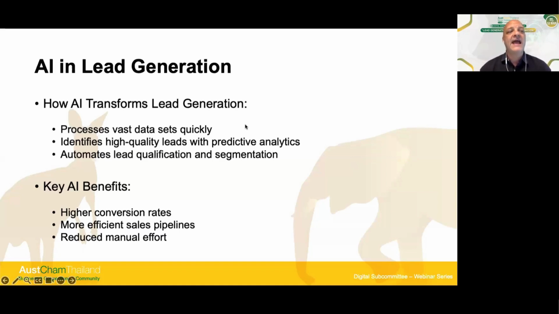As an example, an AI tool or CRM like ActiveCampaign or HubSpot, which I'm sure you guys have all heard of, that can analyze past interactions on your website and through your marketing funnel to recommend potential leads that are most likely to convert. So we'll have a look at how that might work a bit later. But again, very, very similar to Netflix. It's all about the data, and AI is great at analyzing large quantities of data in real time or near to real time, if you like.